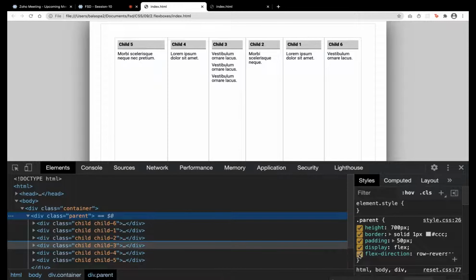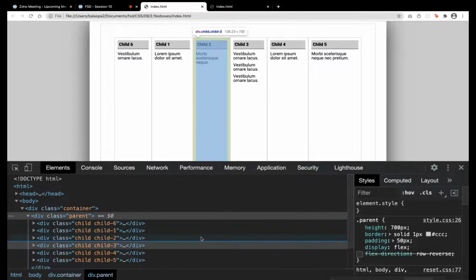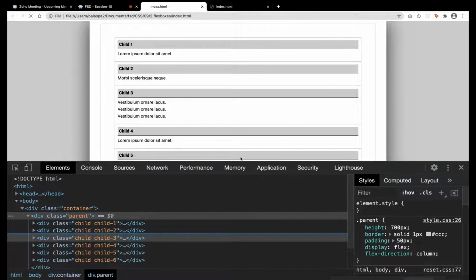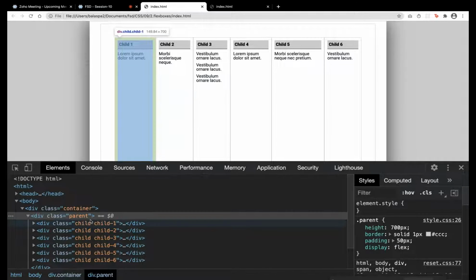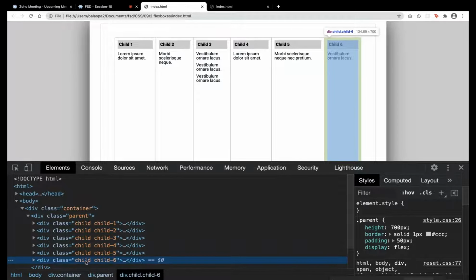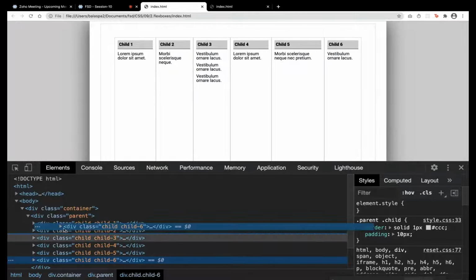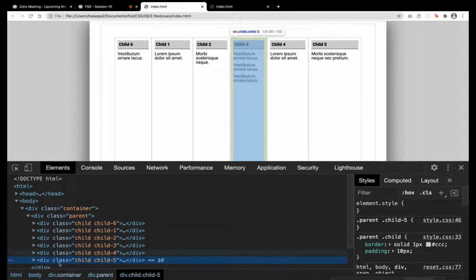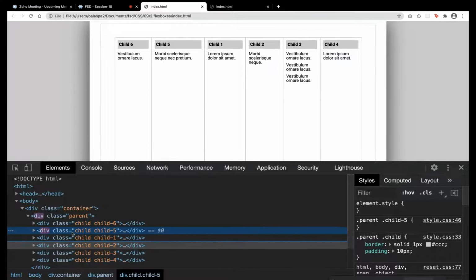Without this, how will it look? 1, 2, 3, 4, 5, 6. Like this, it is applying. Row reverse gives 6, 5, 4, 3, 2, 1. So you can ask me why I need to do that. While writing itself, I can write like this, no need to add that style.